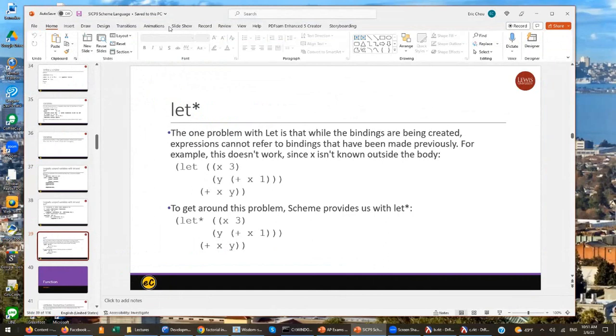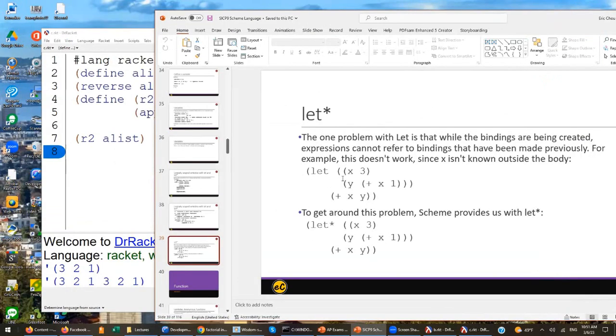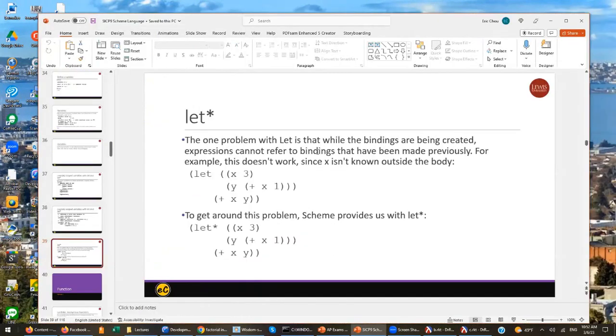Okay, there's some homework on this, okay? So there's a let star. Let star is different from let, okay? One problem with that is that while bindings are created, expressions cannot refer to the bindings that were already made previously. So for example, this doesn't work. So you have x 3 and then plus y plus 1, this one, okay, and this doesn't work if you want